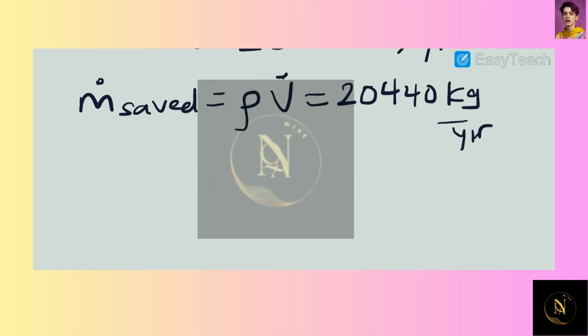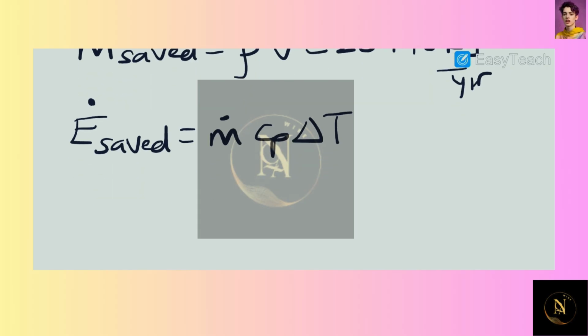Now we can use this mass that's saved and multiply it by the specific heat and change in temperature to find the energy that's saved. So we can say that E saved is equal to m saved times Cp times delta T. We know that m is 20,440, we know Cp to be 4.18 kilojoules per kilogram degree Celsius, and our delta T is going to be our final exit temperature, 42 degrees C, minus the incoming temperature of 15 degrees C. And this gives us a total of